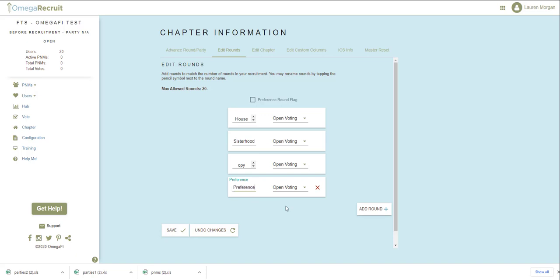You can also adjust each round between open voting and party voting. Open voting means that all P&Ms will be available on the ballot for members to choose from. If you use party voting, you can separate the P&Ms out into the parties that they will be visiting your chapter in. This is going to limit the P&Ms available on the ballot to only those that are in that party. This is going to save your members time when finding the correct P&M on the ballot when it comes